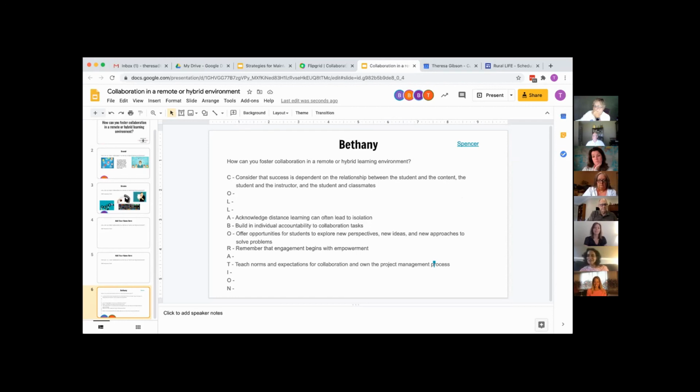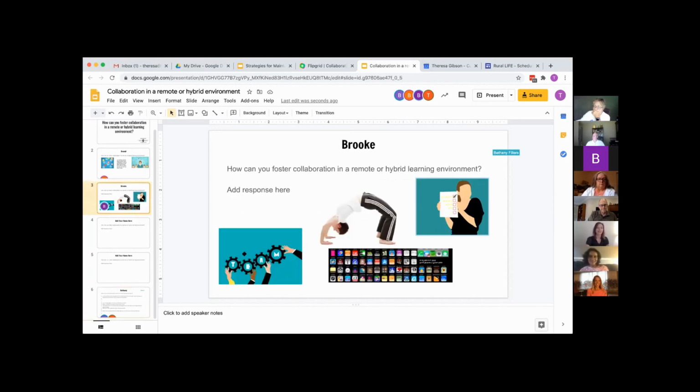Brooke, Brandy, either of you want to jump on? I will. I'll just talk a little bit. I just used images instead of words, which is not normal for me because I'm usually a word person. But I read the article that talked about 5 different tips for fostering collaboration. And so really just focusing on team building activities, providing more flexibility in things such as grading or your assignments, leveraging different tech options. So you'll see the different apps there,